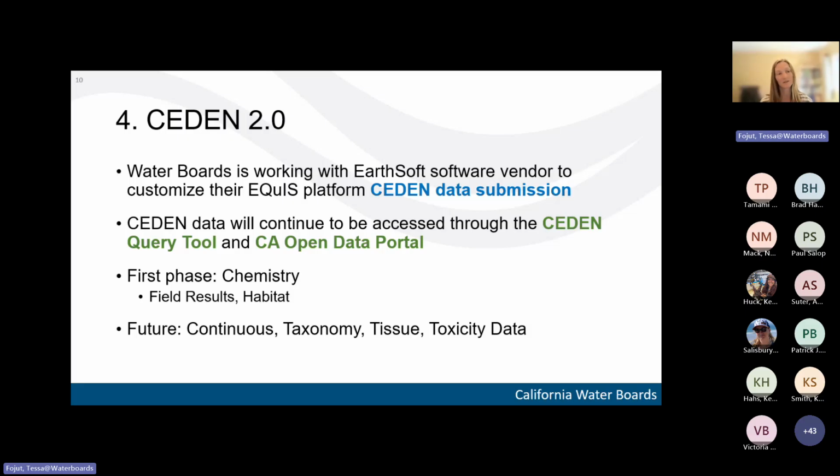Because I know there is a need for that, and that one is a little more out of the box, that's going to be our next priority after we get field and habitat done and chemistry. And then following that, we're going to work on taxonomy, tissue, and toxicity. That's our proposed order for now.